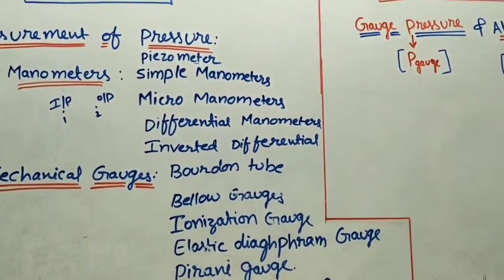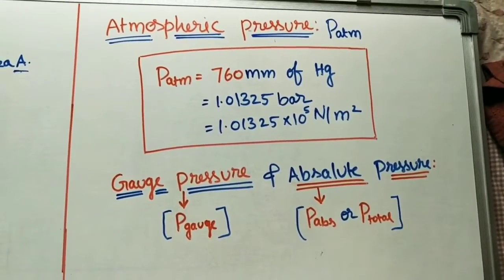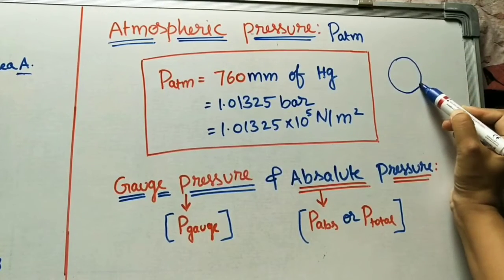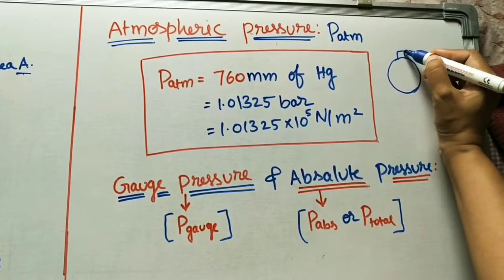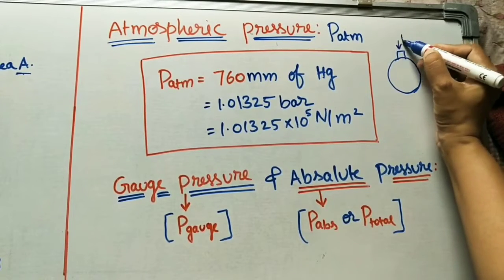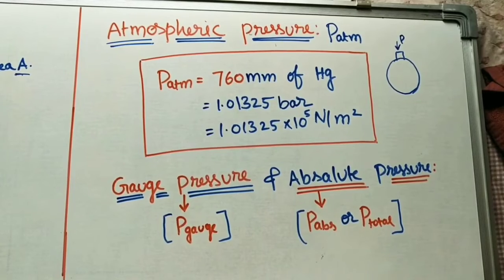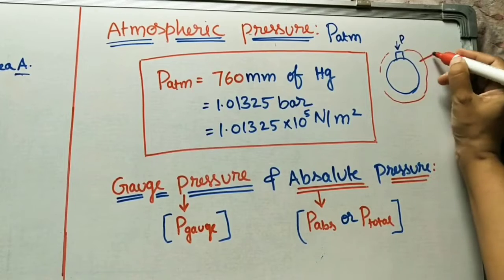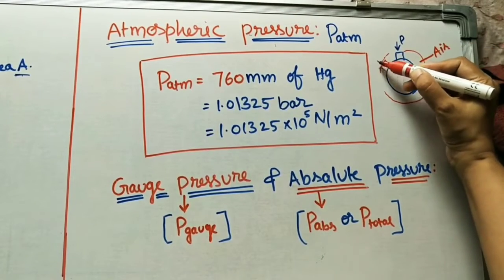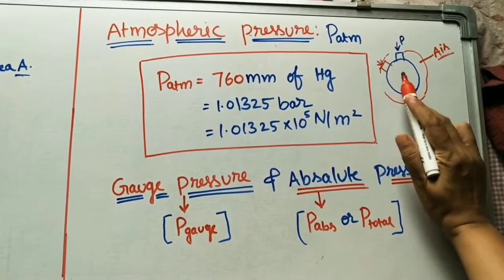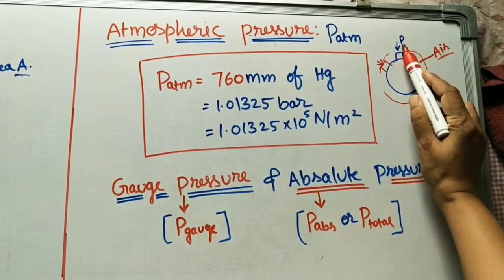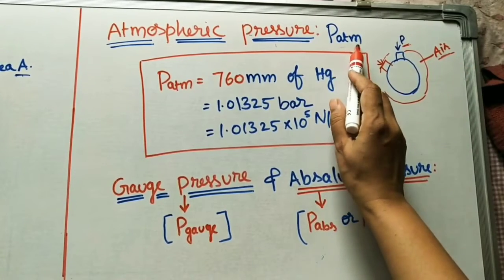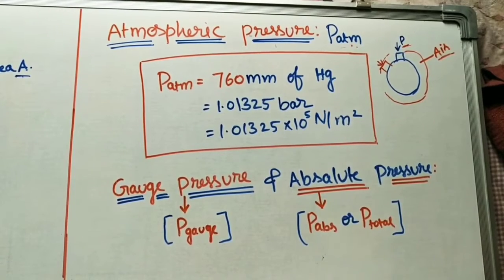Then what is atmospheric pressure? Atmospheric pressure means the pressure that occurs because of the atmosphere. On the earth surface, each and every object is subjected to pressure. Let us take one object. It is subjected to some pressure because of the air surrounding it on the earth surface. On the earth surface, air will be there, this is a layer of air. Wherever you keep the object, it is subjected to the pressure of the air. So this pressure is called atmospheric pressure. It is constant wherever we take the object, whatever object we take. That is atmospheric pressure, the pressure because of atmospheric air. We use the symbol P atm.